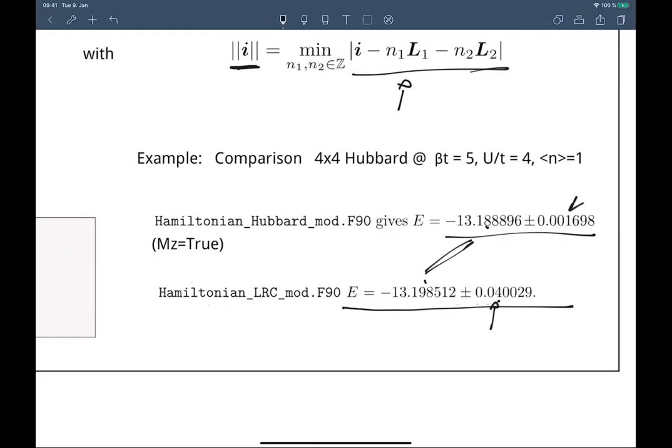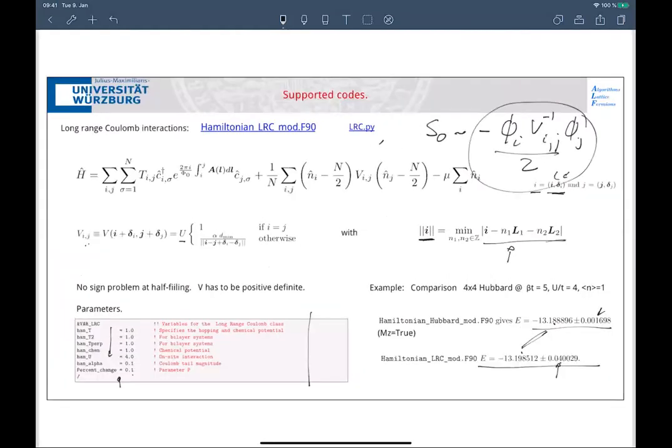There are two possibilities. One is that this is something which couples to the density, right? You couple here to the density when you do the Hubbard-Stratonovich. Generically, when you couple to the density, then the fluctuations of the double occupancy are much bigger than if you couple to the Z component of the magnetization. So that's one thing. And also this code is a bit slower because the updating is a bit more involved, right? So you lose something with this long range code. Questions?